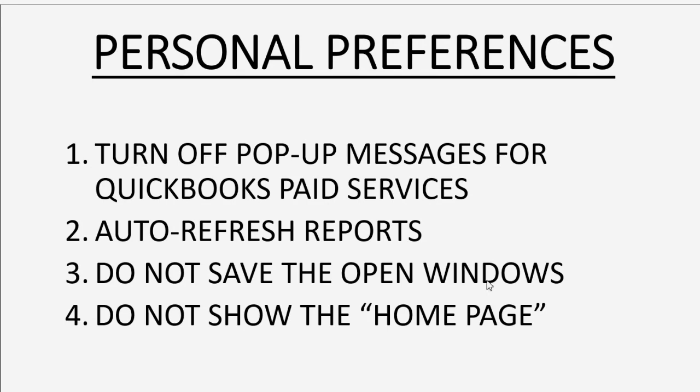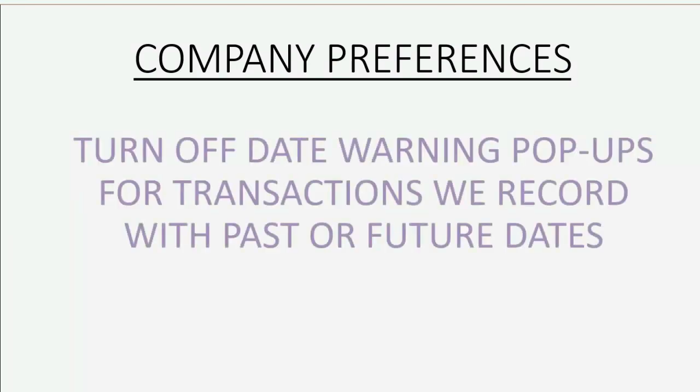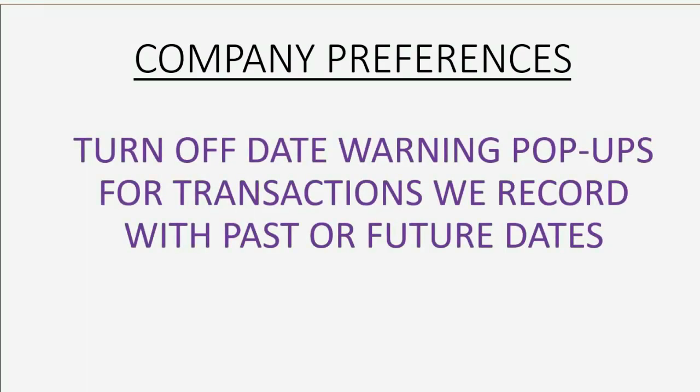And now let's set the company preferences. There's really only one that we need to set for this course because we're doing a very simple company for abbreviated bookkeeping. Let's just turn off the date warning for pop-ups for transactions that we record that are far in the future or far in the past from whatever the actual date is. This way we can put in example transactions far in the past or far in the future without being distracted